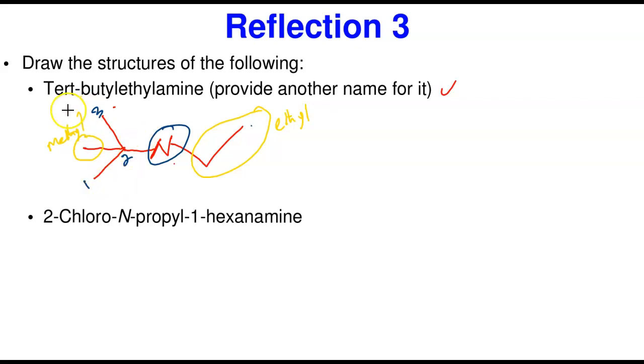The longest chain is propane, so it's going to be propanamine. Remember, where is the amine located? In carbon number 2. So it's going to be 2-propanamine. That's what we have here. And then, what are the attachments? Ethyl on N and methyl in carbon number 2. E comes first, so we're going to say